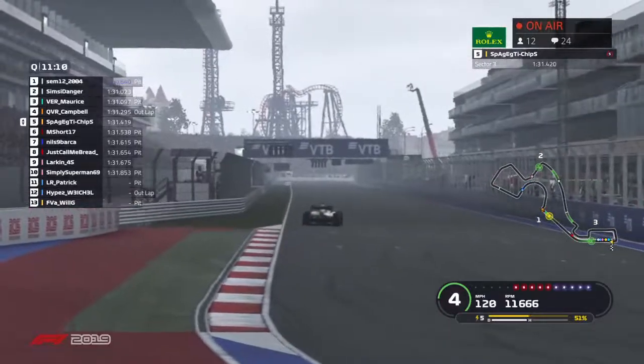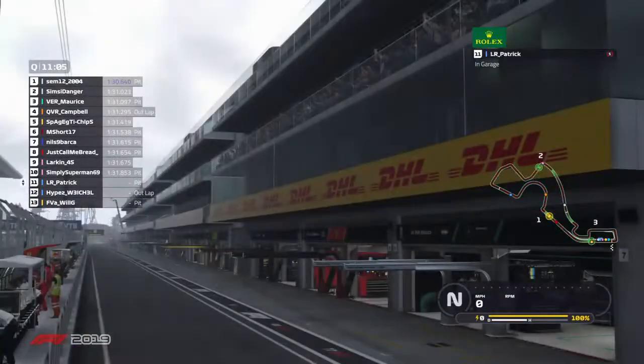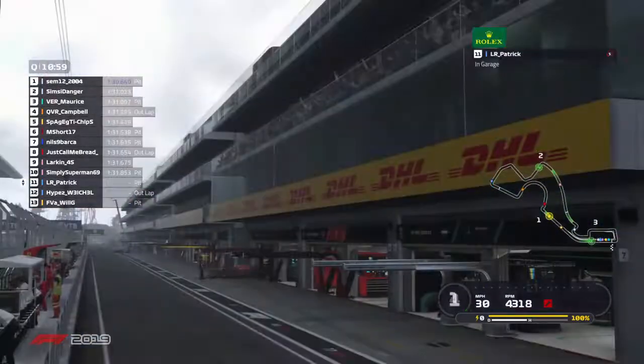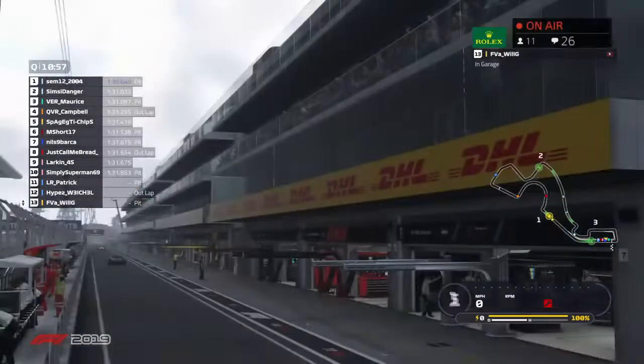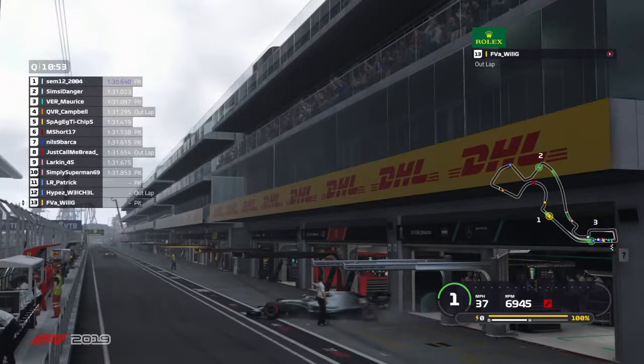Here comes Spaghetti Chips through the final turn. It's going to be a 1:31.419. So that's going to put him up into 5th position. His teammate's still in the pits. He will be looking to go out later on. Now the drivers that haven't set lap times aren't on hot laps quite yet. So we'll wait and see